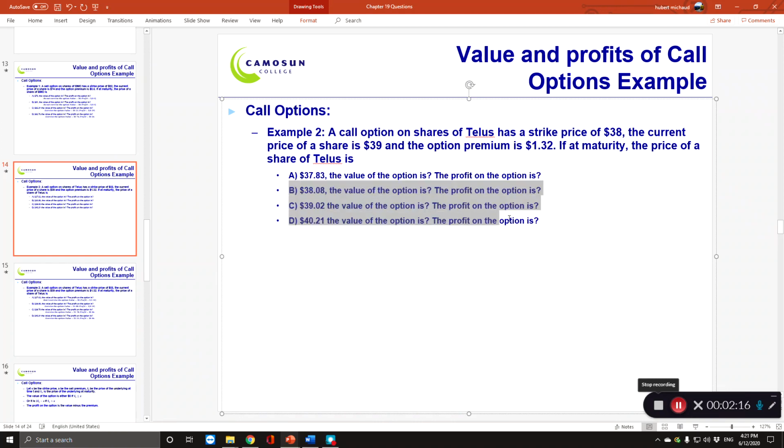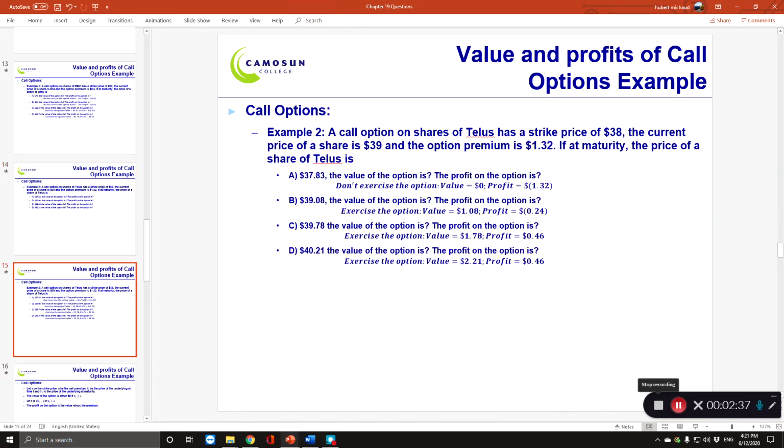So for these three here, we would exercise the options, right? So I exercise. The value of the option is 8 cents. 38.08 minus 38 gives me 8 cents. That's how much value I get out of my option. Unfortunately for me, I paid 1.32 for the option. So 8 cents minus 1.32 is my profit, which would be,